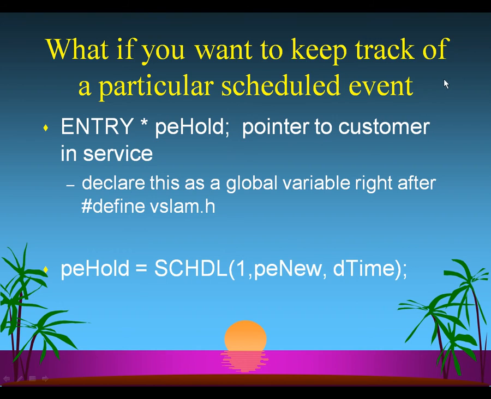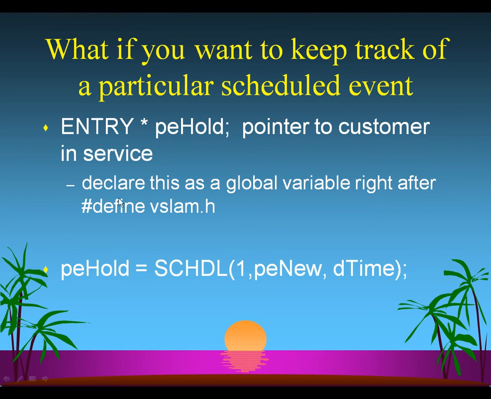What happens if you need to keep track of a particular scheduled event? This is what you'll need to do in the case of the embellishment for problem 15.1. You want to keep track of the scheduled end of service event so that you can preempt it if you get an item of higher priority. So we need to set up a variable to contain that information. We'll call that PE hold, and it's an entry pointer. This is where we'll store the pointer to the particular end of service event that is on the event